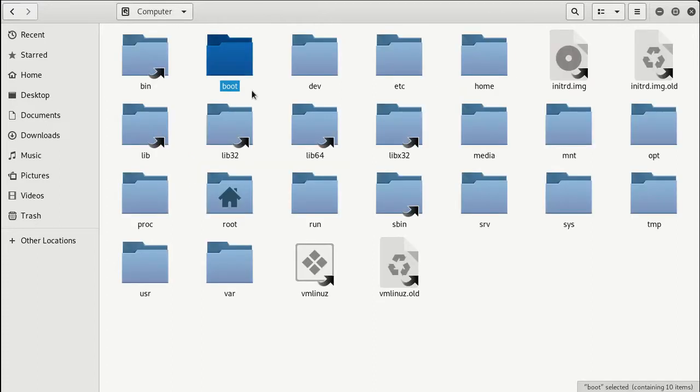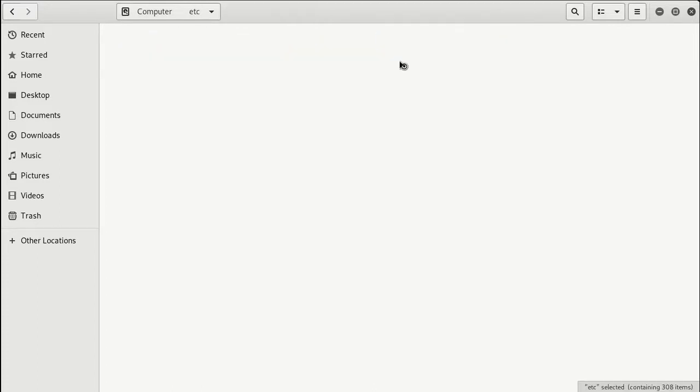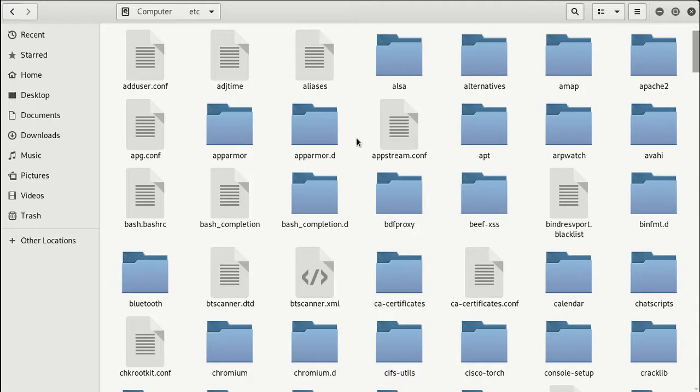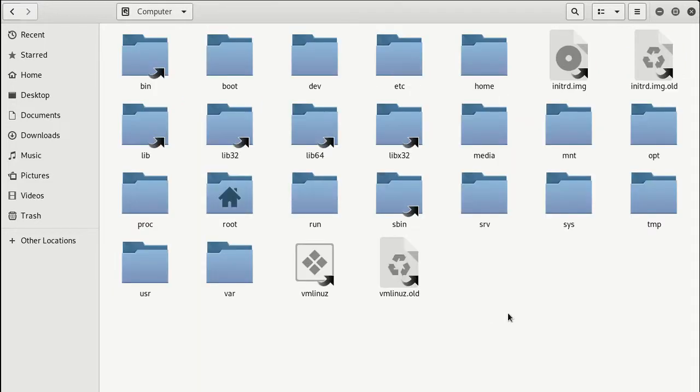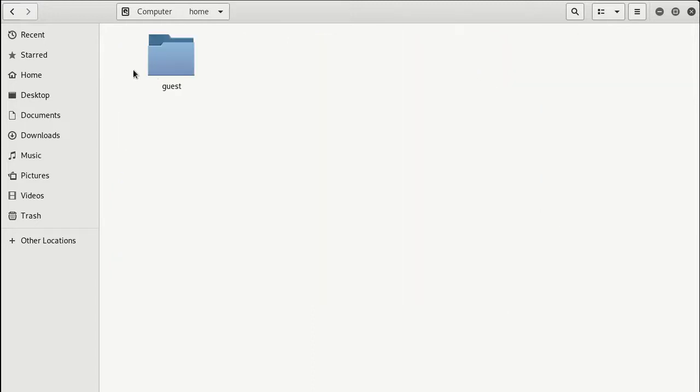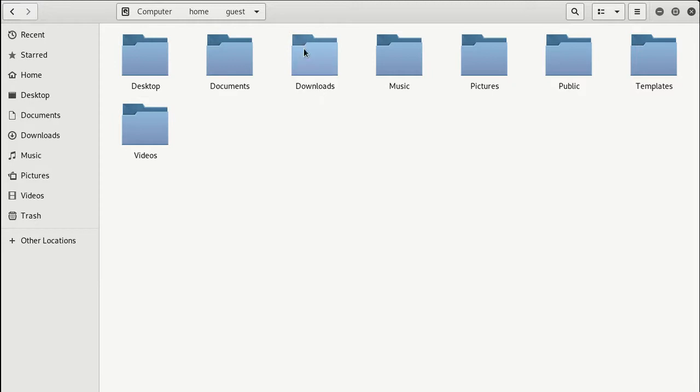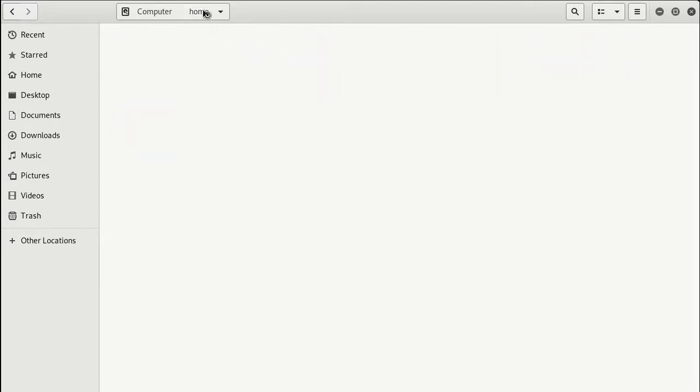And then we have our etc folder. There are also other special files in here, like for example your sources. You just go to etc apt, and then you'll sort out your aptitude so that you can download updates properly, and other files. And then the home, that's where the users will be, and our user in this case is the guest, so that's where they'll store their files.